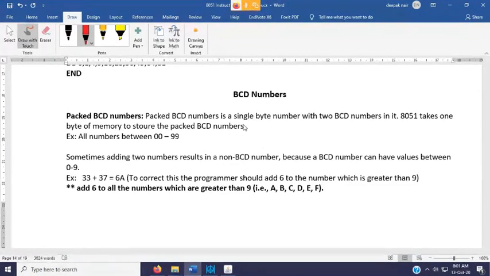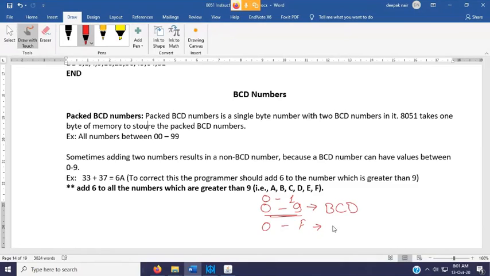So BCD numbers, we all know that BCD number ranges from 0 to 9, right? So BCD numbers can be represented between 0 to 9. If you talk about hexadecimal numbers, they can be represented from 0 to F, which you can call 15. And if you say binary numbers, then there are only two numbers which represent binary number, that is 0 and 1. So BCD numbers are very common in day-to-day life. Most of the people actually handle BCD numbers itself, and